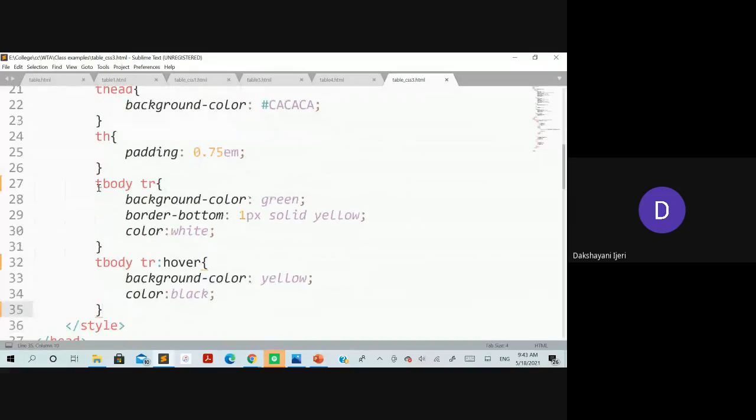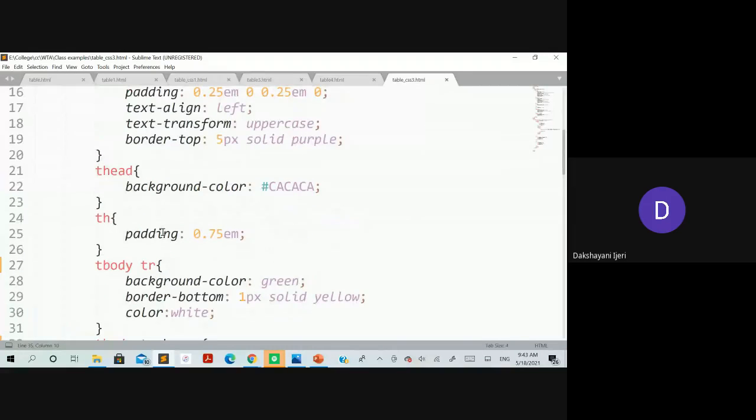And similarly for the tbody and the tr, I want a different background to be set, which is green, and for which the border bottom should be 1 pixel solid yellow, and the color as white. If you simply take only color, if you take it as a,